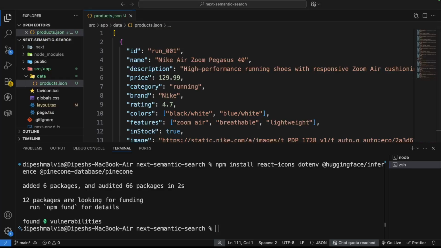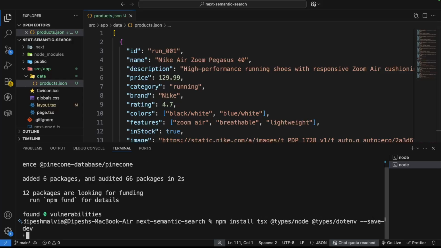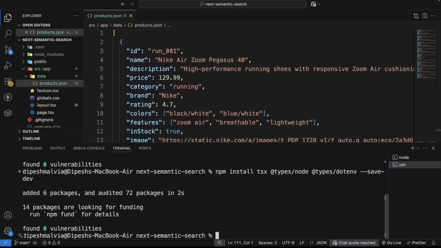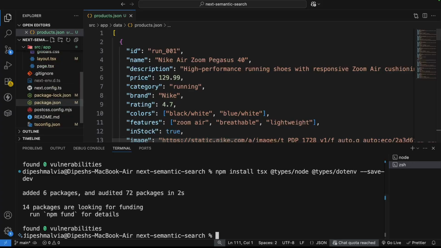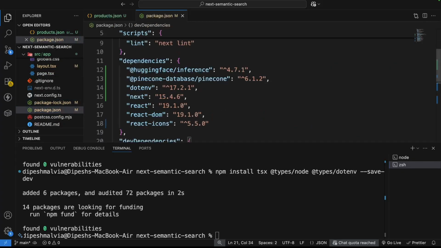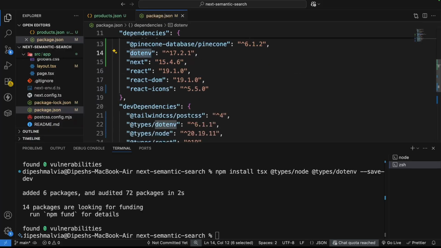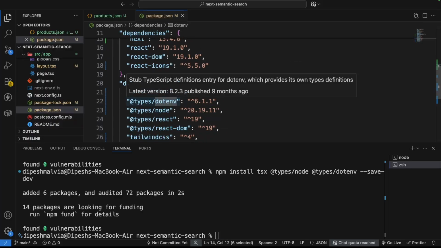I have a few more dependencies that are dev dependencies, which we will install. So we will be having tsx to execute TypeScript in Node.js. Then we will have the types for node and types for dotenv. All right, I'm going to hit enter, and that is going to install all the dependencies related to that. Now if I go to the package.json file, we can check. So we have the Hugging Face inference, the Pinecone database, dotenv, and the types for dotenv